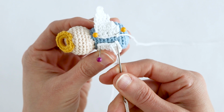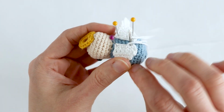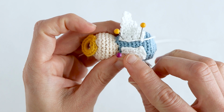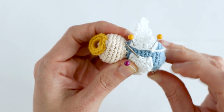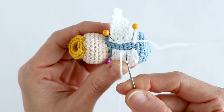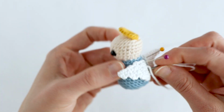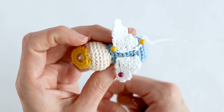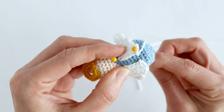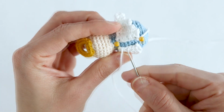Now I'm going to work back over to the right side, and you can come out one of the stitch holes on the side and pull that through. Now I'm going to reinsert back into that stitch hole, and I'm going to come up on the other side of the loop. So just like that, pull that through. Now I'm going to insert back over to the right into this area right here. Insert it into a stitch hole and then pull through. Insert back into that same stitch hole. And at this point, you can remove this last straight pin. Then you're going to come up under the next set of stitches that we just did, pull that through, go back over to the right,